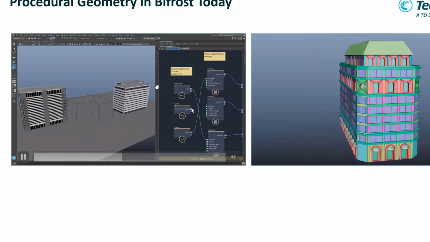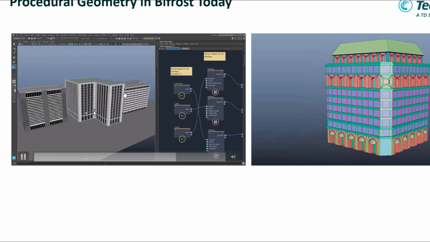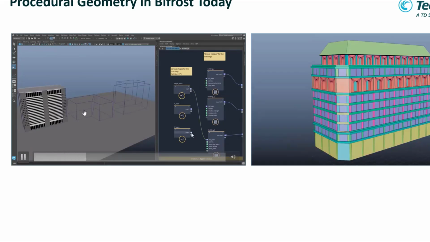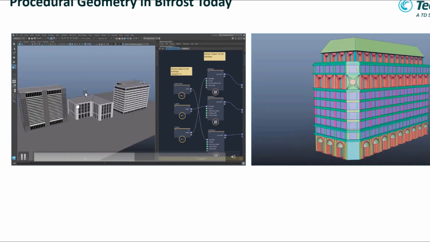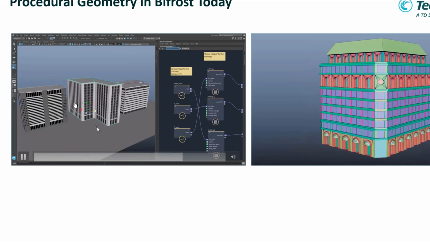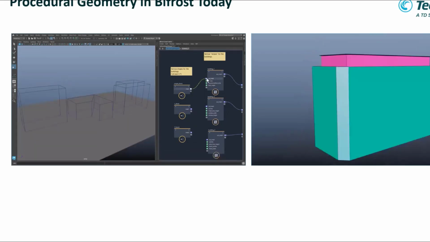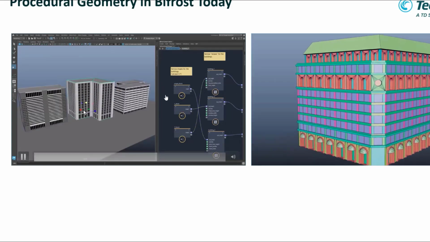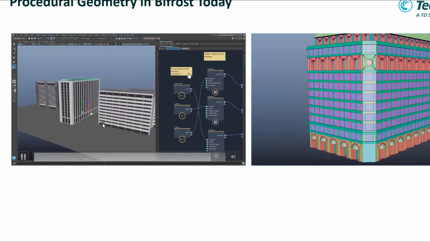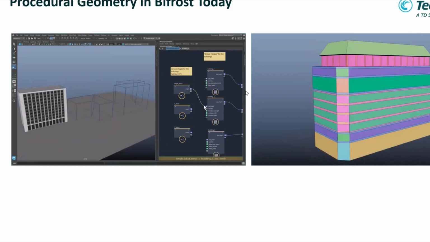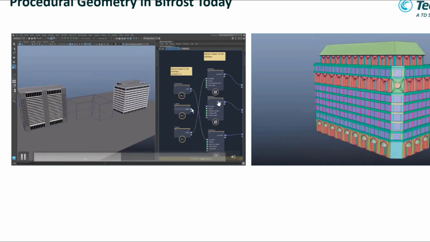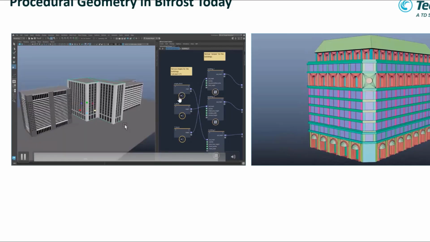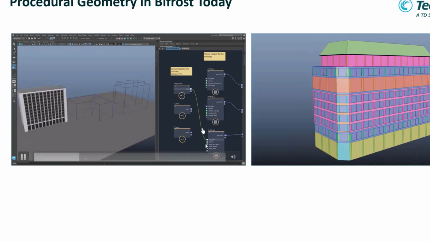Let's say you want to create some custom procedural geometry. In this case, you want to build a building, and you can change any directions and the shape of the building. If you want to resize, you can expand, anything. When you see right now, this is the result. I think you can build it with visual programming. You can find Bifrost tutorials on the Autodesk channel on YouTube. There are a lot of them for Bifrost.